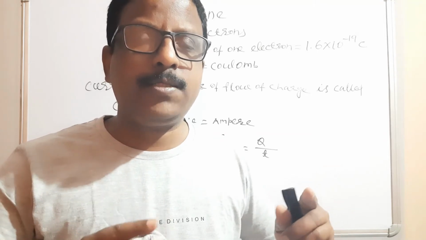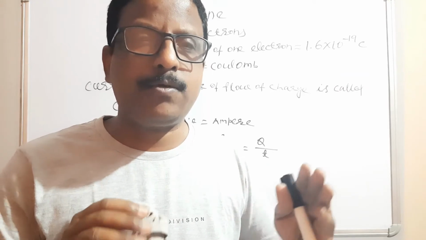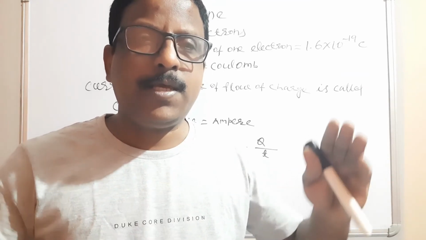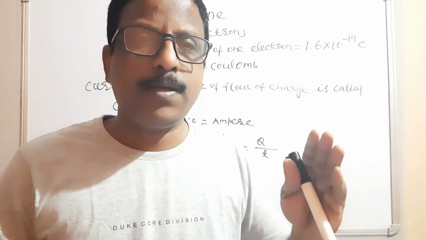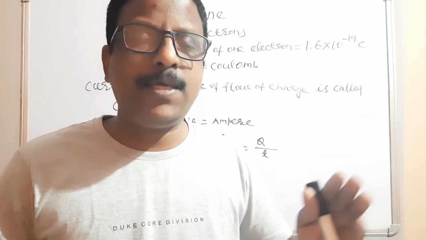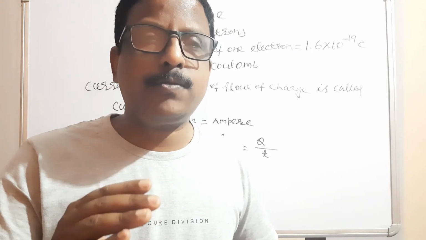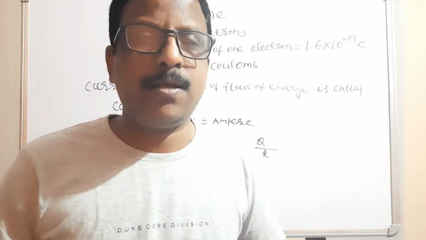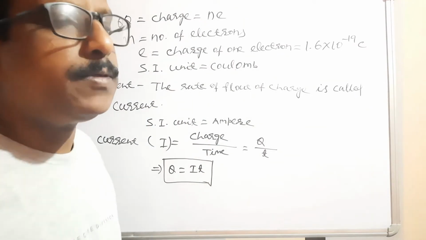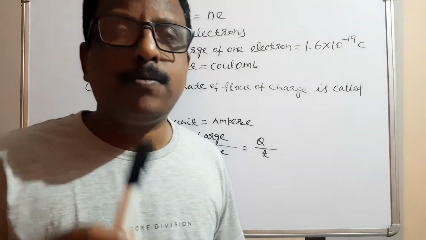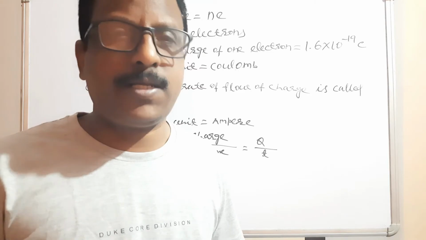If two bodies are at different temperatures, one high and one low, and are in contact with each other, then heat flows from higher temperature to lower temperature. These things you know from class 7. Like this, everything flows from higher to lower. Like this, current also flows from higher potential to lower potential. Already I have explained that the positive terminal is considered the higher potential, and the negative terminal is considered the lower potential.